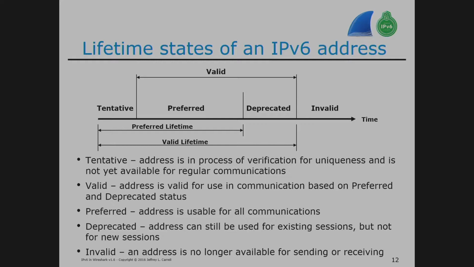This process also allows us to readdress a network segment in the middle of the day, in the middle of production. Because I've got, let's say, network 2001:DBA:1:2, and I want to transition to 2001:DBA:2:3. So I fire up my routers to do what they need to do. The clients get this new address. They've got their old address. They finish up their business. They start the new business on the new address, and nothing drops. So you could re-IPv6 a network in the middle of the day without a hitch.